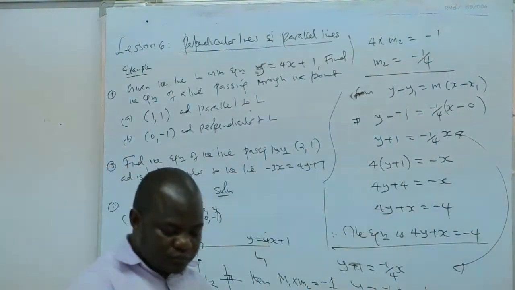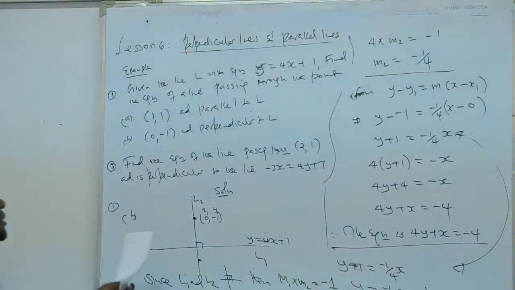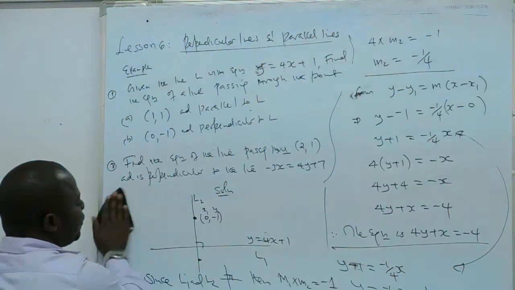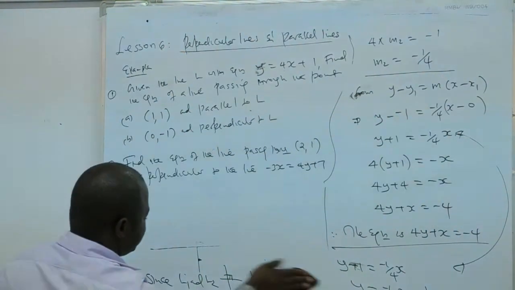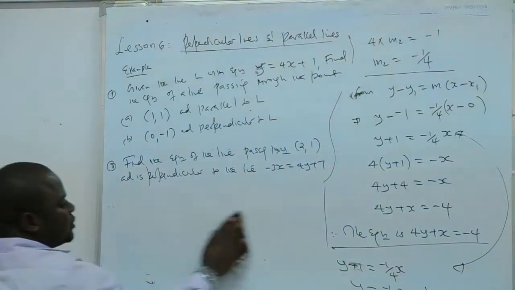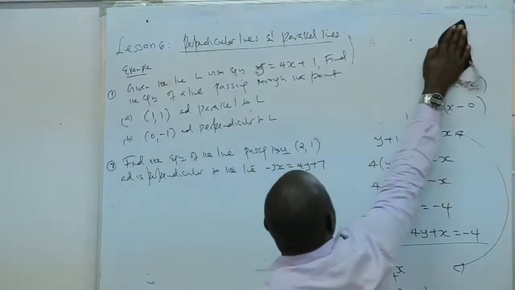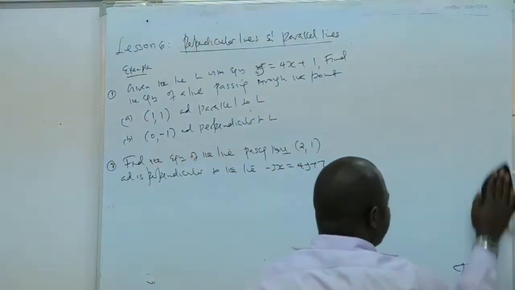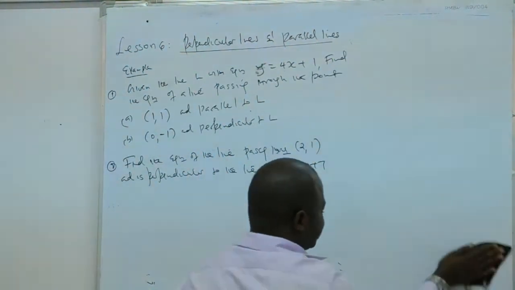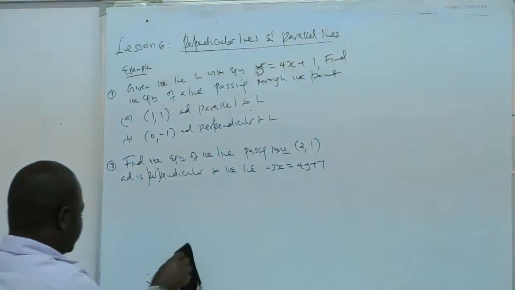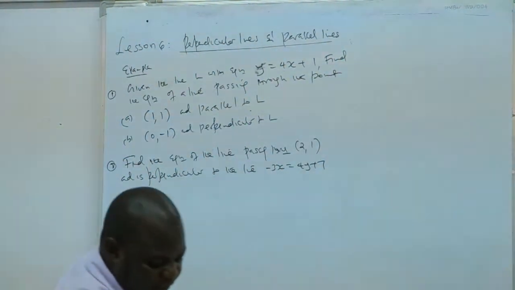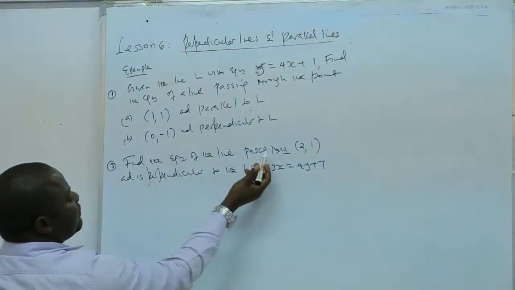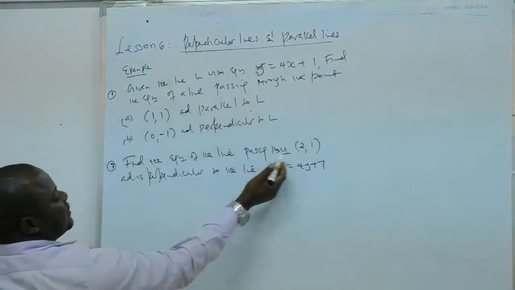Let us take the last example, that is example 2. In case you are not getting something, you can replay this video, you can pause for writing. So you just pause, you write, so you are able to do everything you want. You can just pause the video and write, then you'll be learning with me seriously. So find the equation of a line passing through this and perpendicular to this.